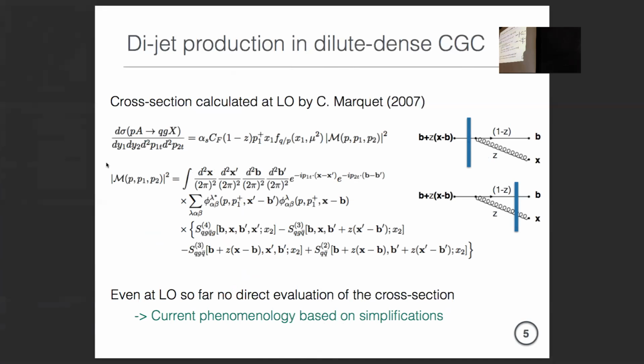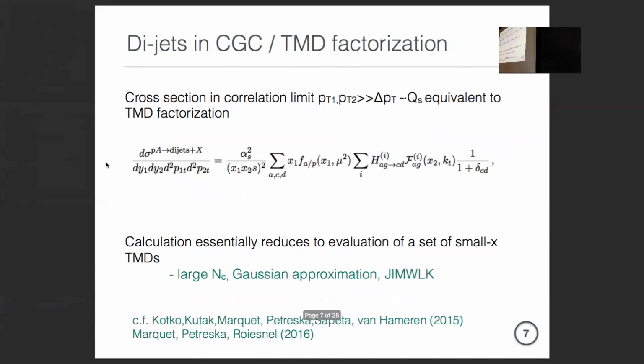Now before I do that, I do what is actually useful for phenomenology because it's very easy to calculate a lot of stuff. I take this TMD limit, where I don't have to do any integrals or anything. I just multiply five numbers and I get a result for the cross section. That's why this is beautiful. This is very practical to use. Now, this is only valid in a certain kinematic region, but it's super easy to do phenomenology with it once I know what these small x TMDs are.